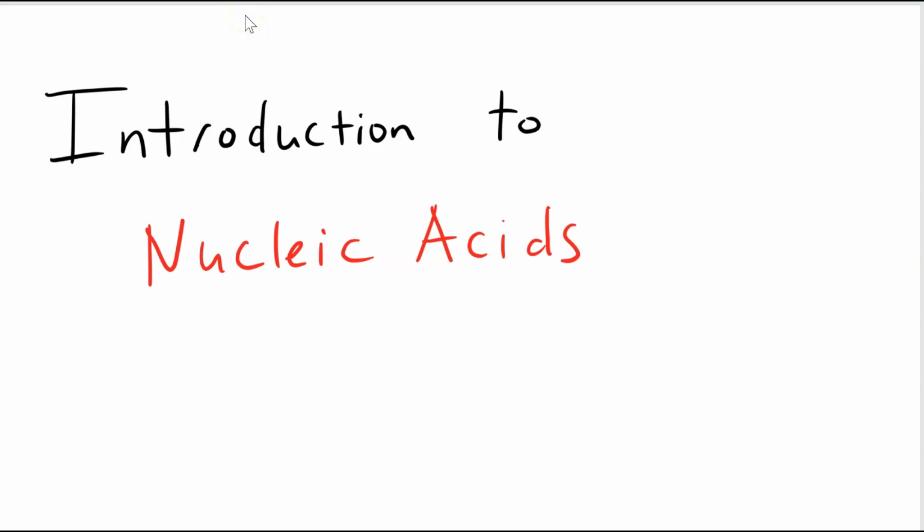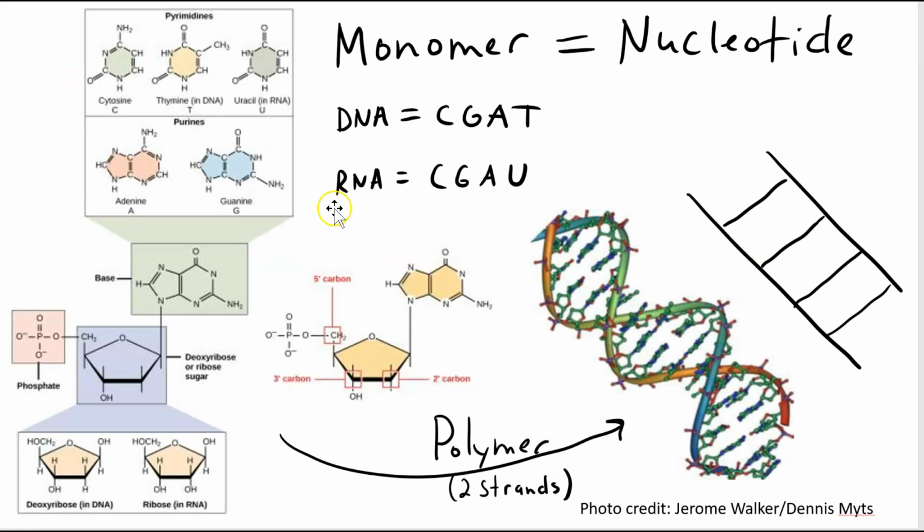Hi everyone, this video is an introduction to a very important macromolecule, that is nucleic acids. The monomer of nucleic acids is the nucleotide. There are three components that I'd like you to know about the nucleotide: the nitrogenous base, the pentose sugar, and a phosphate. The sugar and the phosphate make up the backbone, and the nitrogenous base makes up the genetic coding